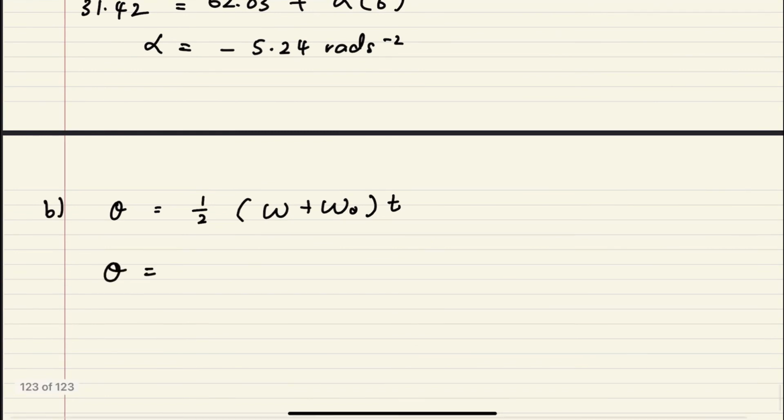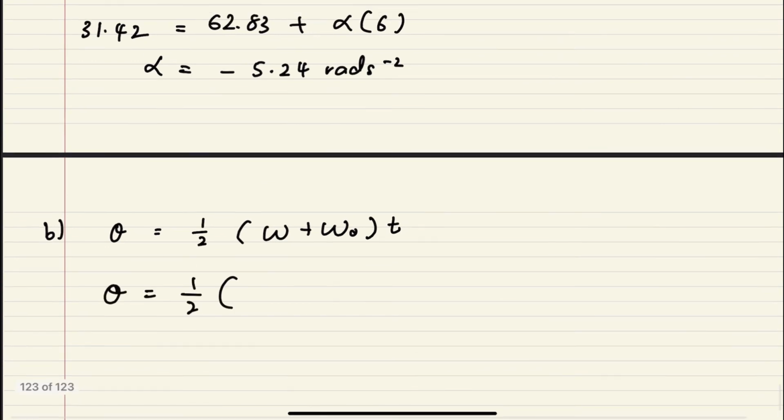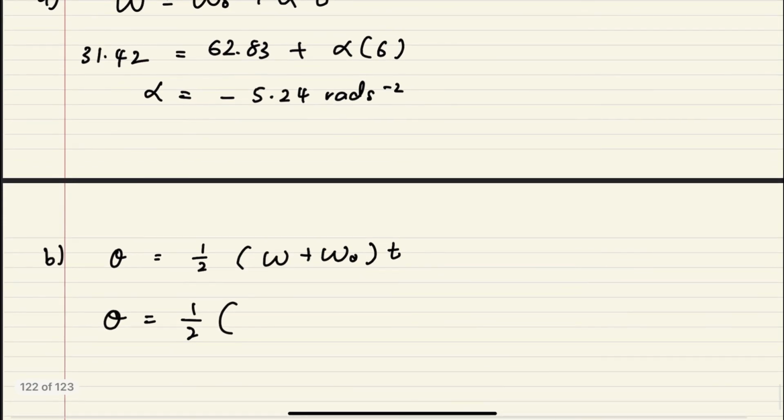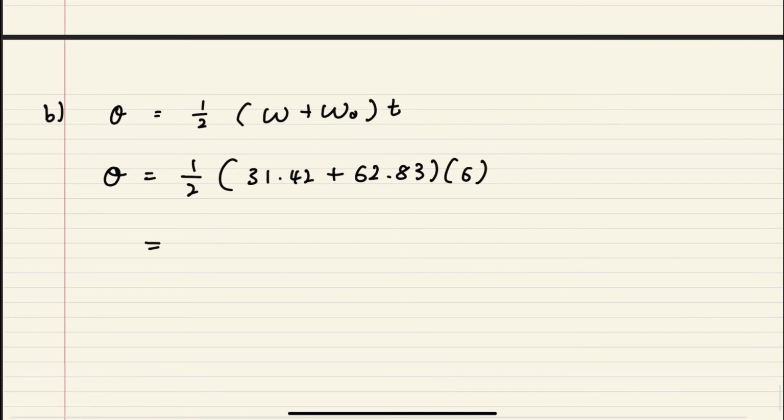So it will be half of the final velocity. This one is plus, so it doesn't really matter, but we just want to substitute with correct values there. 31.42 plus 62.83, times 6, times half. Theta is 282.75 radian. Okay, double check